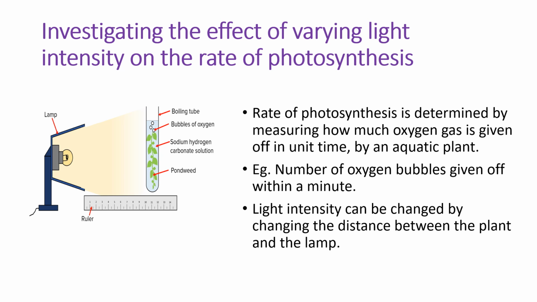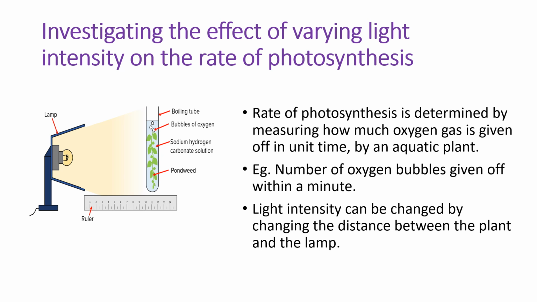of the plant. Therefore, it is easy that we can measure the rate of photosynthesis simply by counting the number of bubbles per unit time, per 1 minute, 2 minutes, or maybe per 3 minutes. Or else we can collect the gas into a syringe, or we can use the water displacement method to collect oxygen gas onto a test tube so that we can measure the volume of gas produced by the plant per